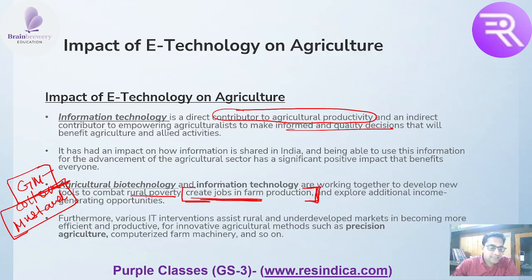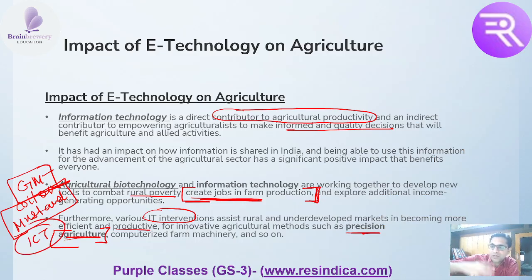So more and more ICT-enabled professionals will be needed in these places. IT intervention is very helpful in increasing productivity in various types of precision agriculture. Once we utilize ICT technologies, precision agriculture comes into place, and everything related to agriculture, whether it is application of seeds, market price discovery, fertilizer, watering the field, or irrigation, will be enabled in a proper way. So this is the impact of e-technology.